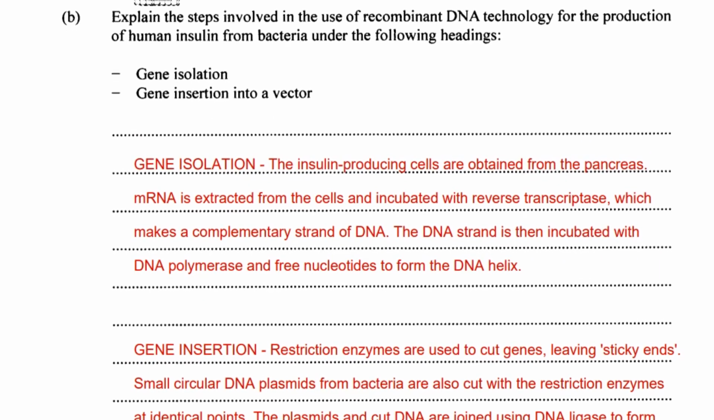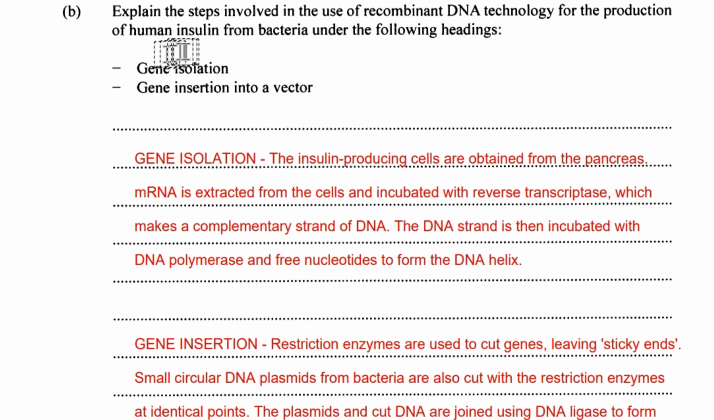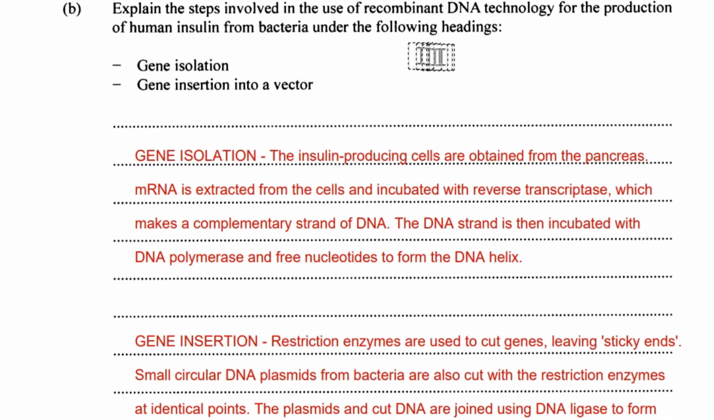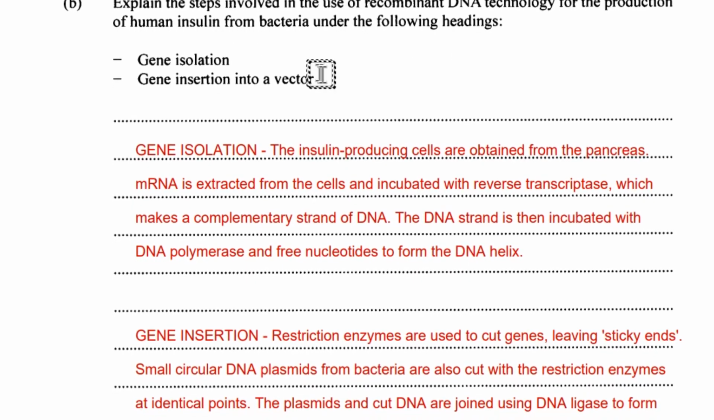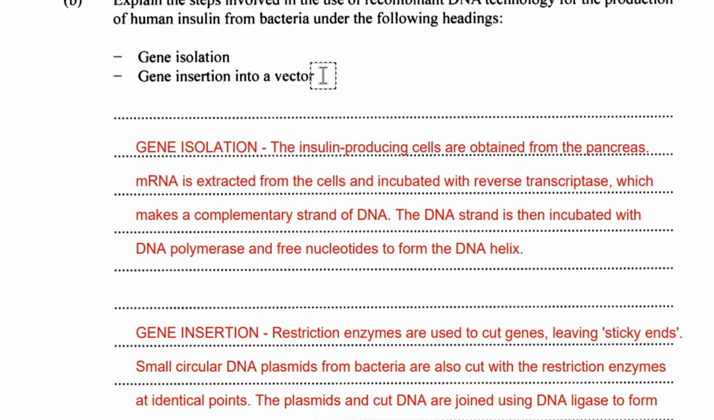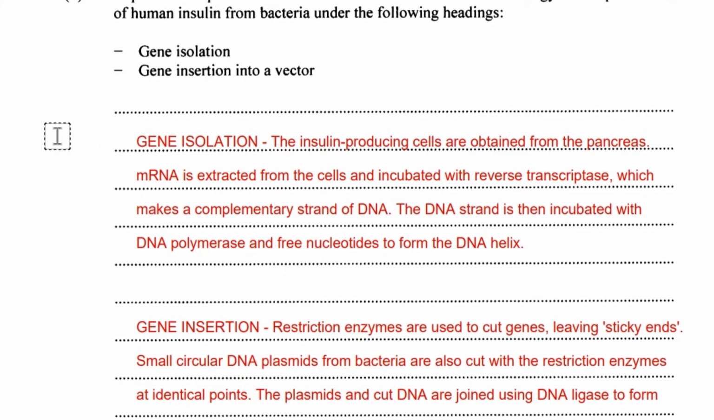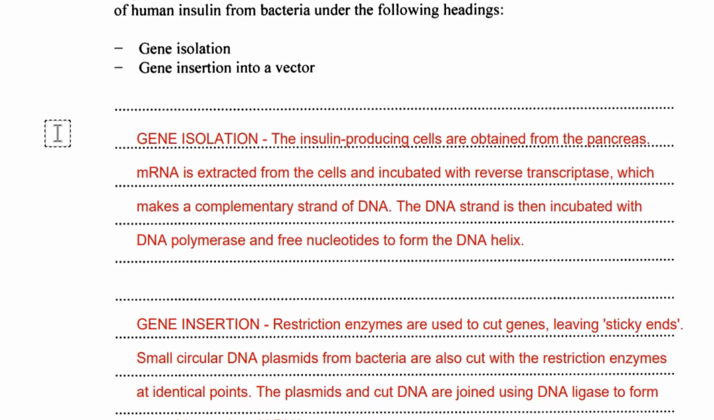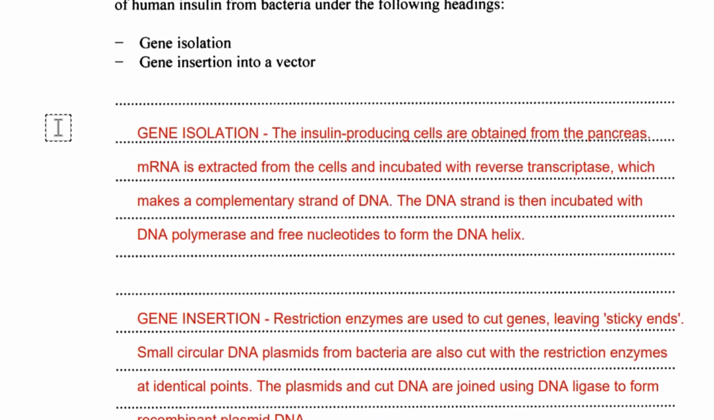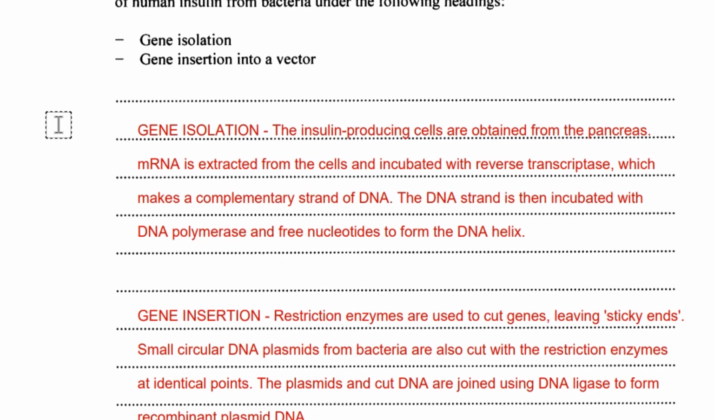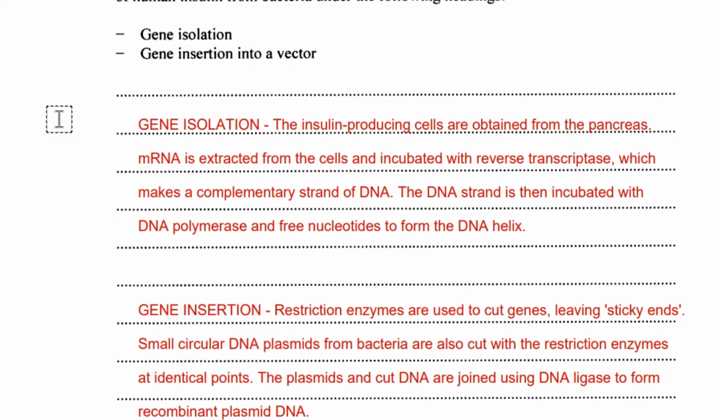Part B. Explain the steps involved in the use of recombinant DNA technology for the production of human insulin from bacteria under the following headings. So you have to focus on gene isolation and gene insertion into a vector. So just to give you a little backstory here, a few decades ago, primarily insulin used to be obtained from pigs. And because pigs require so much resources to rear, and it was expensive to actually extract the insulin from it,